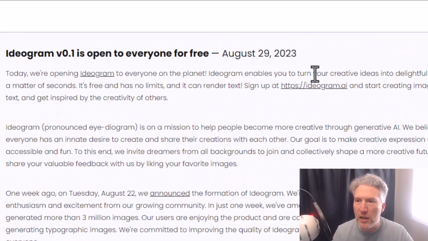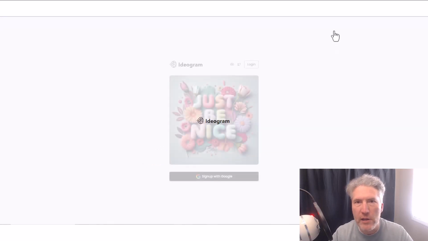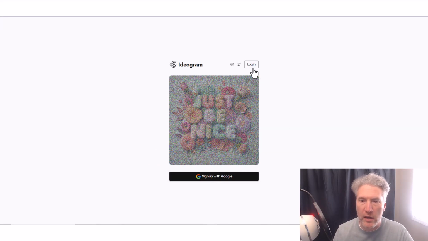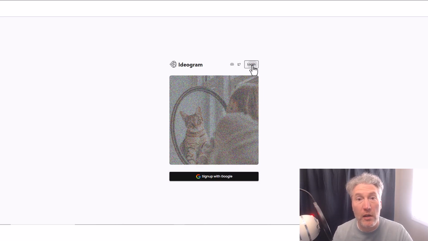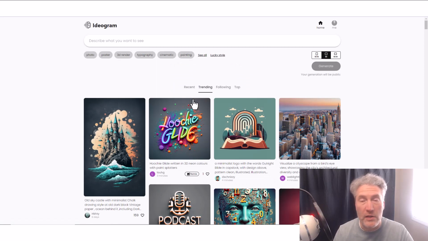Then you're just going to click on the link right here in the text, and it's going to take you to the login page. To get in, you can sign up with Google here. I've already created an account, so I'm just going to click the login button. And as easy as that, I'm in, and right away it gives me a whole bunch of other examples of